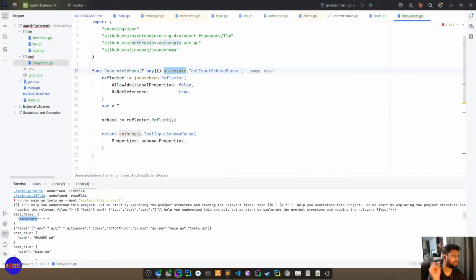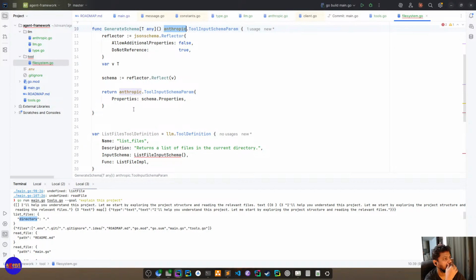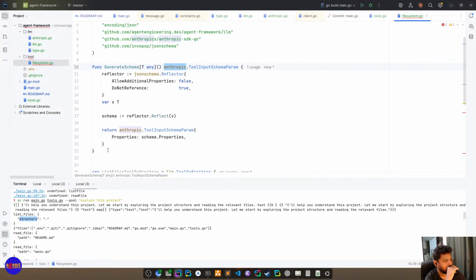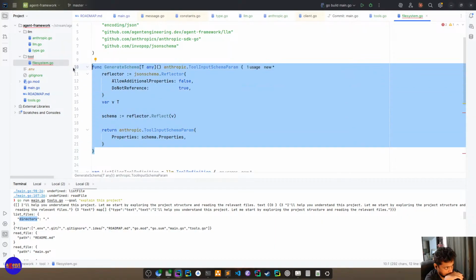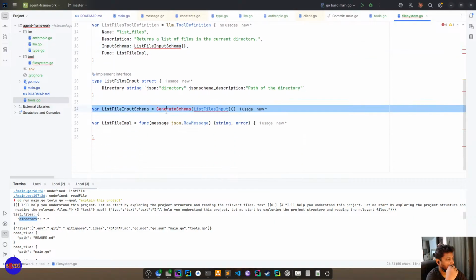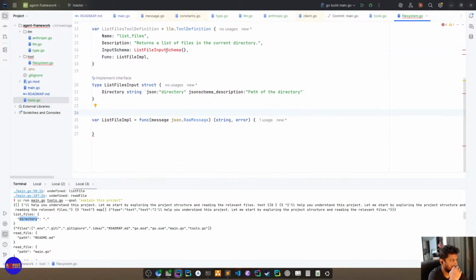Oh, this is Anthropic specific. I cannot use this. Okay. This is not here, right? For now, we will say that an instance of our struct itself is what is required. Just files too. This should be enough.